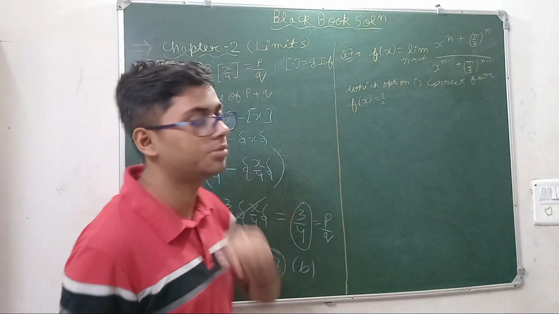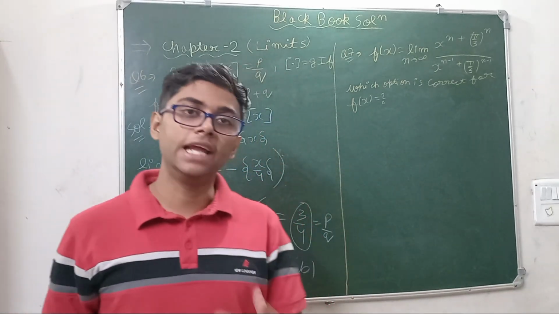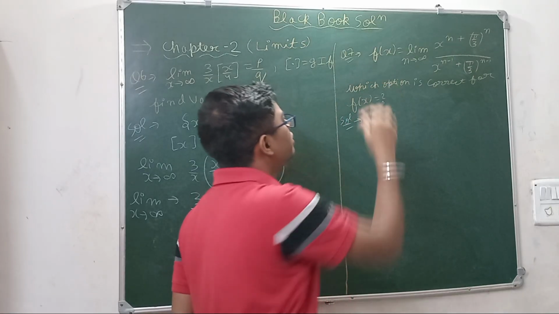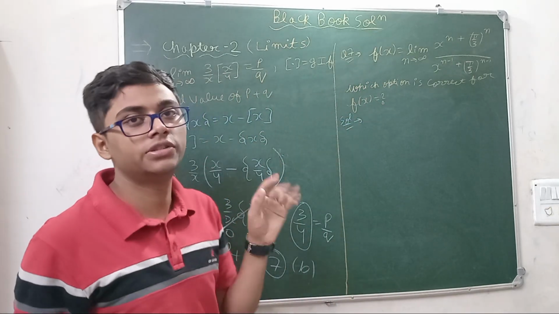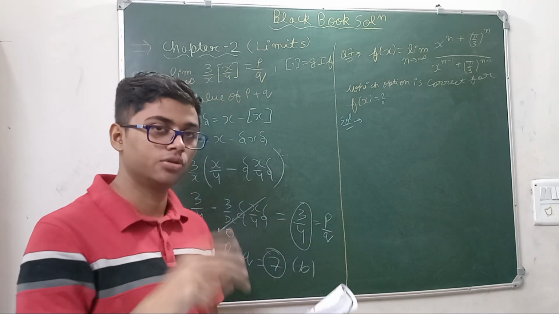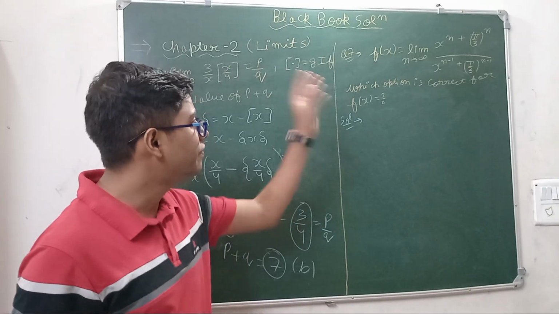Now moving on to question number 7. This question is interesting because this is the combination of functions and limits. First of all, f(x) is given, you have to calculate the limit, a function f(x) will come, and you have to verify it with the 4 options. I will be reading the options and telling the correct answer. First of all, let's find the function f(x).